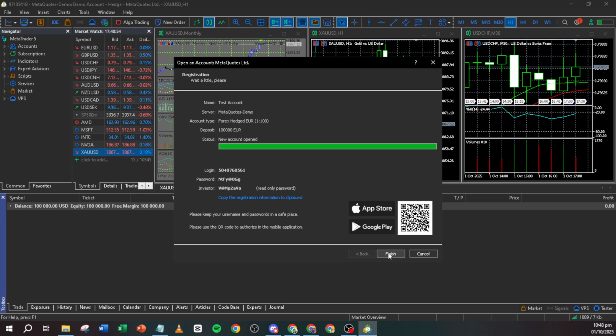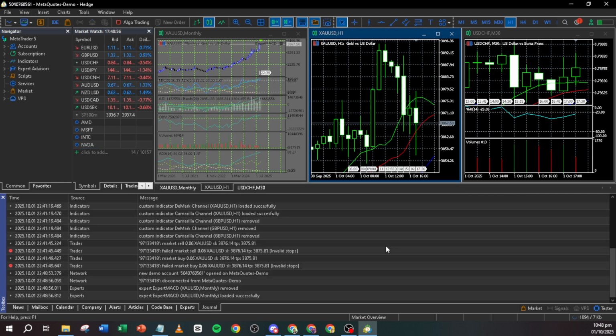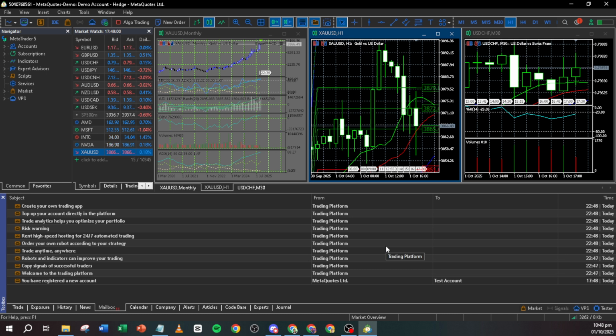This process not only allows for a personalized trading environment, but also enhances your overall experience by aligning it with your specific requirements. If you ever need to adjust other settings, you'll find them in similar sections of the application.